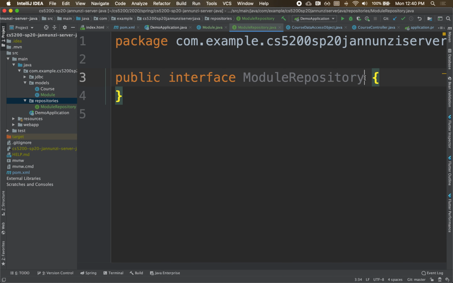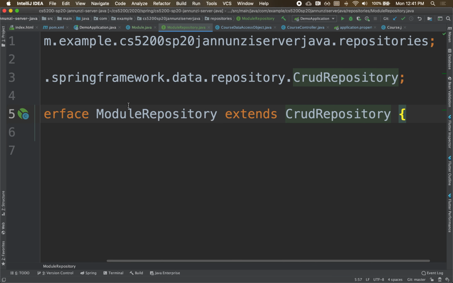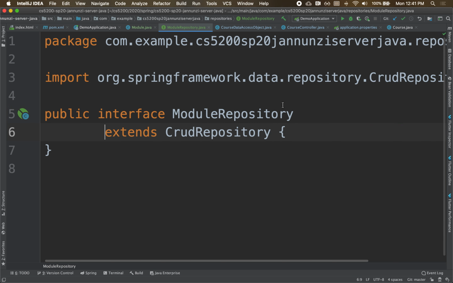We say that this is going to extend CRUD repository. There it is. It's a CRUD repository. And the CRUD repository is part of the JPA interface. And what this does is going to implement, notice the name, CRUD, right? It's going to implement for me already some generic CRUD operations, but I need to configure it. I need to say, what is it that you want to CRUD? I want to CRUD modules. I want to CRUD employees. I want to CRUD students. I want to CRUD faculty. What is it that you want to CRUD? What do you want to create, read, update, and delete? And the way you configure it is through